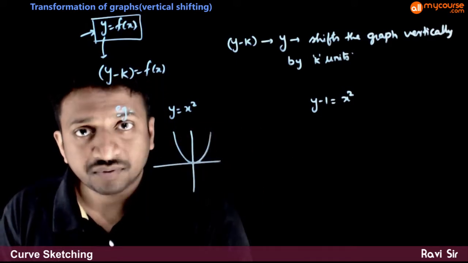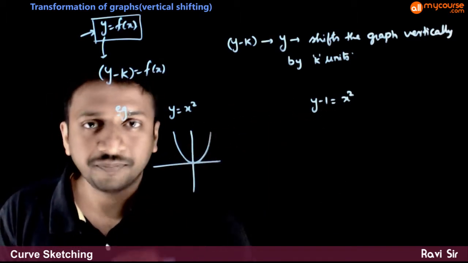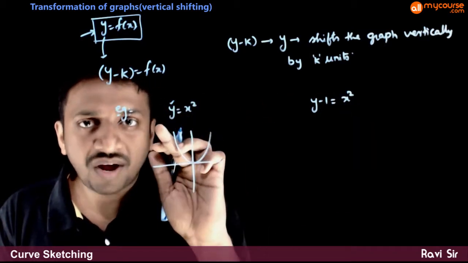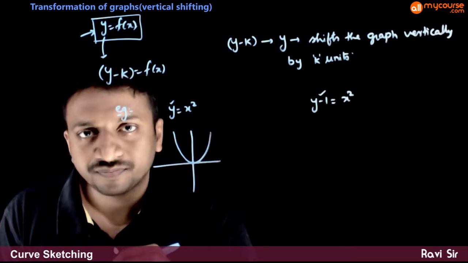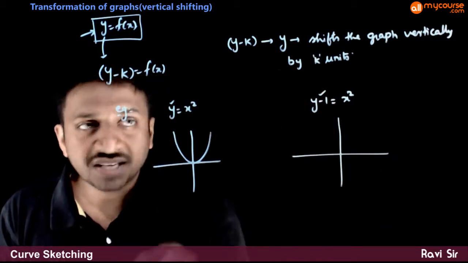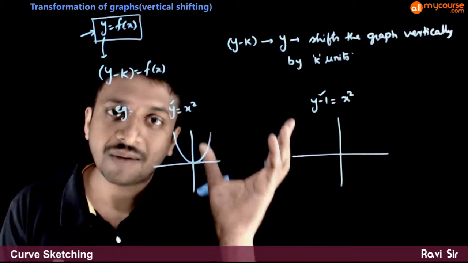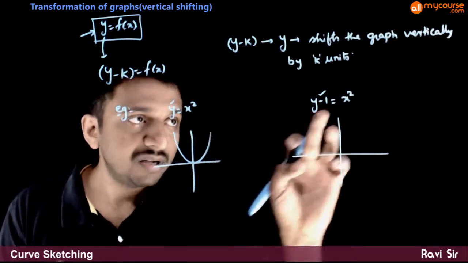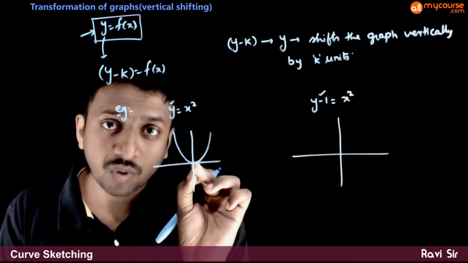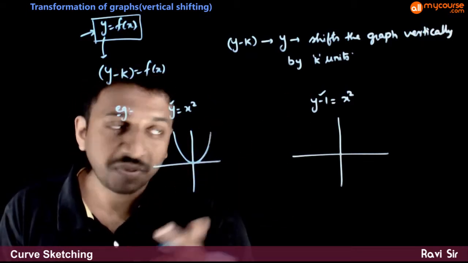So if you know this graph, what do you do with this graph to get the graph of this? If you look carefully, the only difference between this equation and this equation is, instead of y here, you have a y minus 1 here. So the transformation says that if you put y minus k in the place of y, the graph shifts upwards by k units. So you have k equal to 1 here. It means this graph, which is having a vertex at 0, 0, now shifts 1 unit upwards without changing the shape. Hence the graph